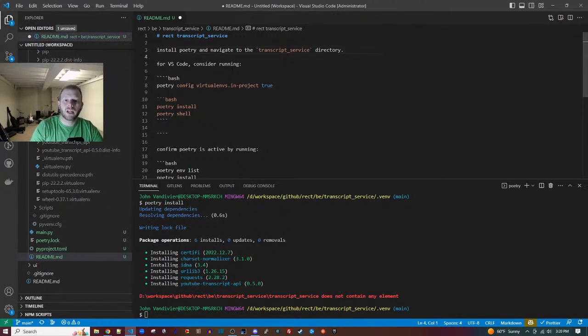So install Poetry and navigate to this directory. For VS Code, consider running this. Next, confirm Poetry is active by running this. What?